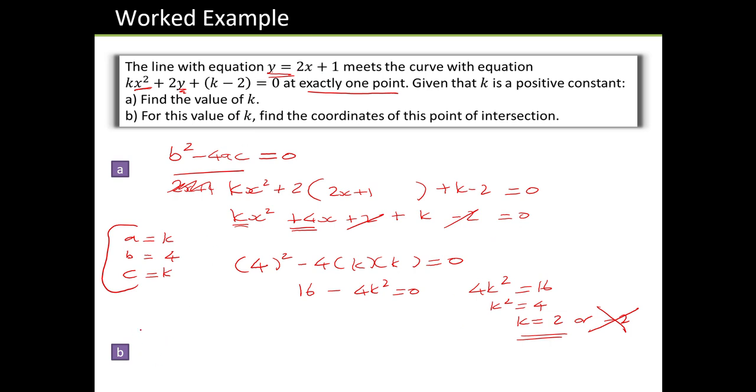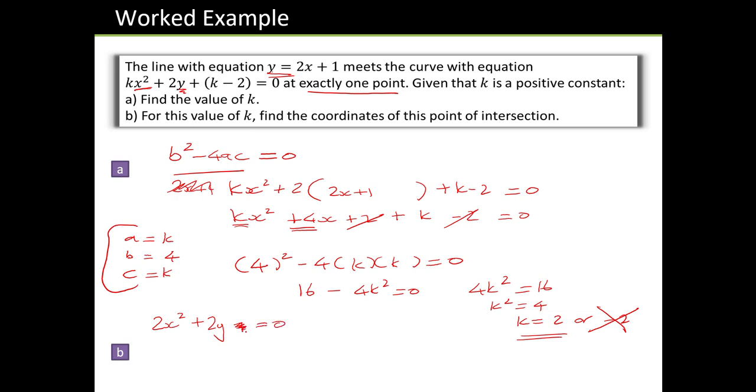What can you then do? Well, a part B, let's just write this in. A part B might say, well, now since you've solved this problem, do the easier bit. So what do I mean by that? Well, there's two ways you can do this. Okay, so one way is we could sub k into the quadratic now, and we could say, so that's 2x squared plus 2y plus 2 minus 2,